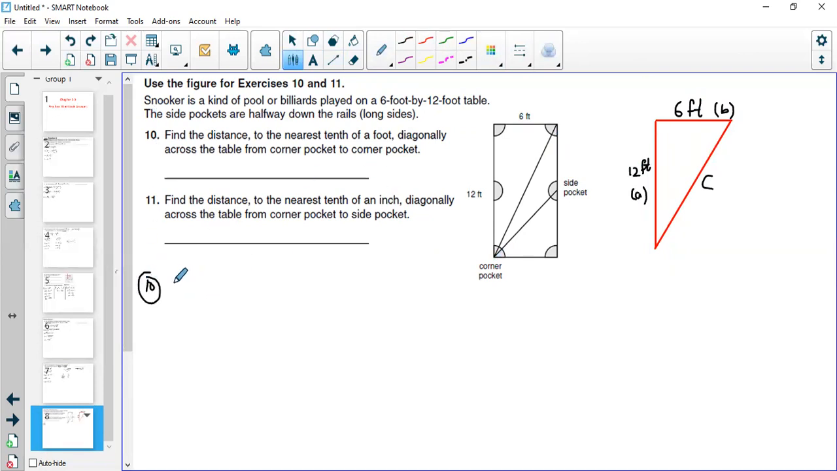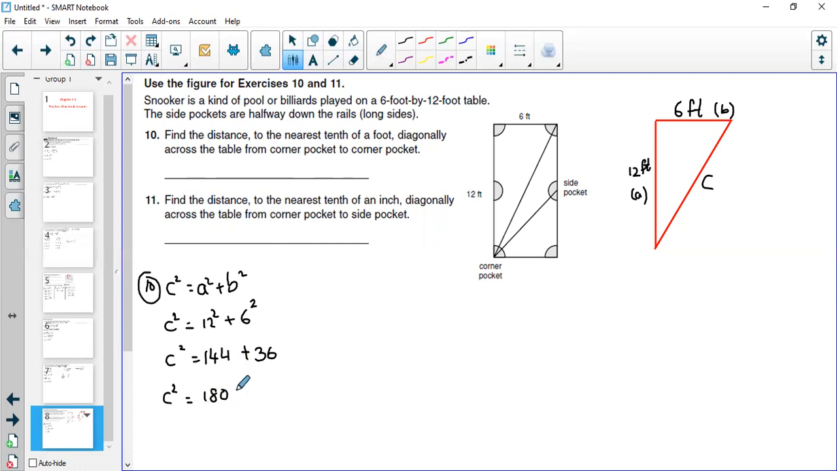The Pythagorean theorem says C squared equals A squared plus B squared. We are finding the distance from here to here, so that means C squared. C squared equals, how much is A? A is 12 squared plus B is 6 squared. That's going to give us 144 plus 36. So C squared is going to be equal to